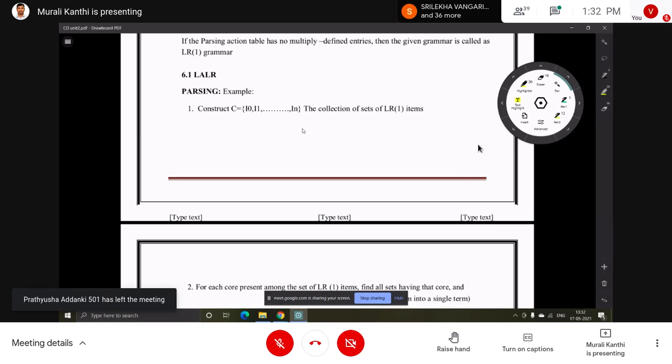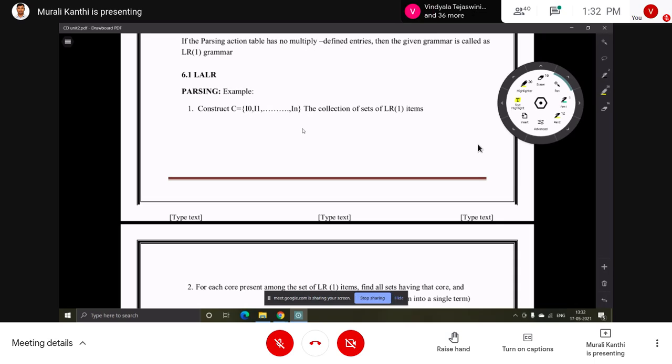So closure of item sets. In SLR we call it LR(0) item sets, but in CLR and LALR we call it LR(1) item sets.